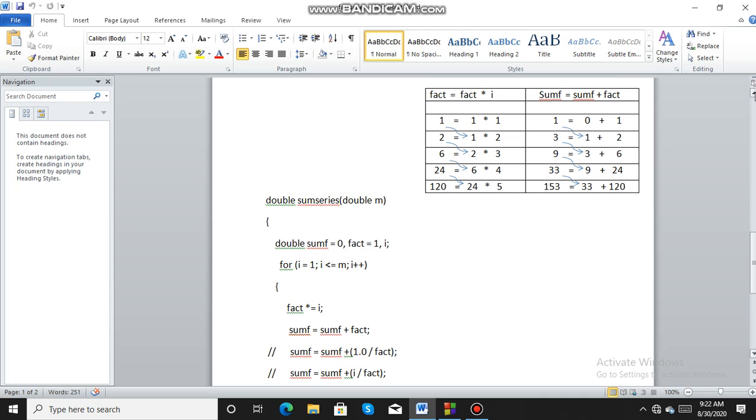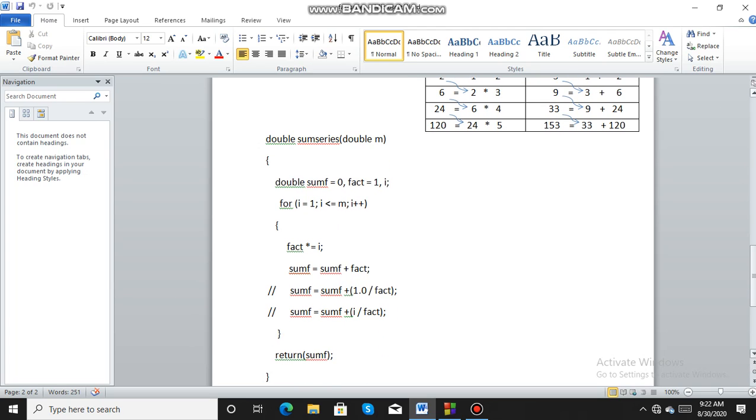In the function sum series, the number of elements will come here. It will receive the number of elements, and inside the function I am defining sum factorial as 0 and fact as 1. The value of I I am initializing as 1 inside the for loop.